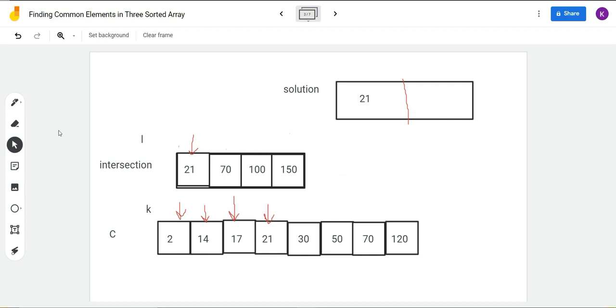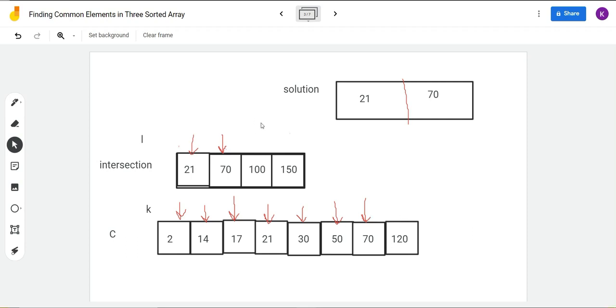Then we will increment and move in both the arrays. Here we see that 30 is smaller than 70, so 30 cannot be the common element. We move further. Again we see that 50 is smaller, we move further. Then we find the common element. What we'll do is we'll add the common element in the solution vector.